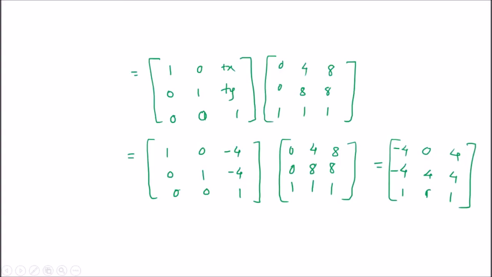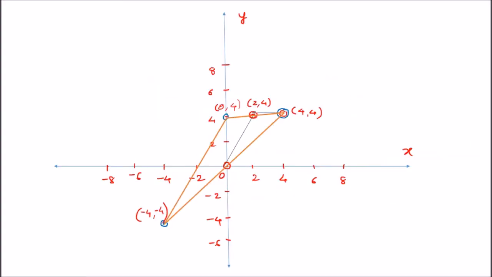So now we'll plot it. Now see here, this is the original triangle 0 0, then 2 4 and 4 4. After scaling it, 4 4 remains the same, with 0 4 and minus 4 4. So scaling happens as well as C remains fixed. So this is how we have performed the scaling by keeping one value fixed.